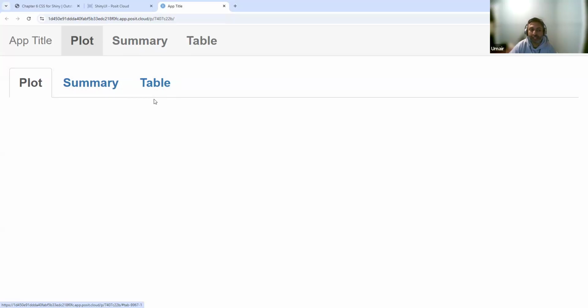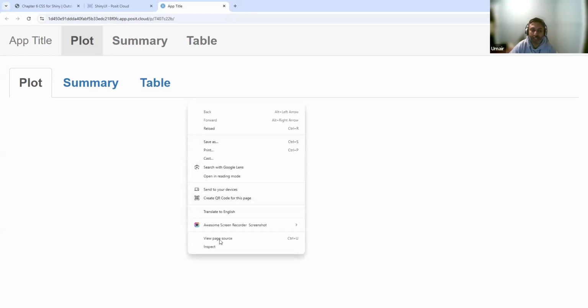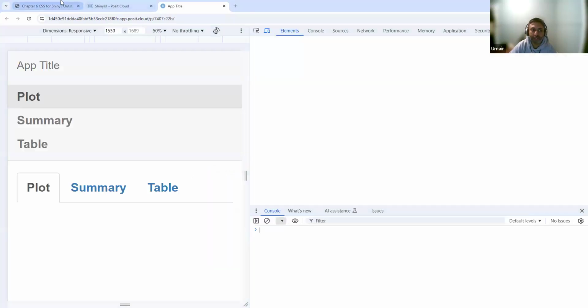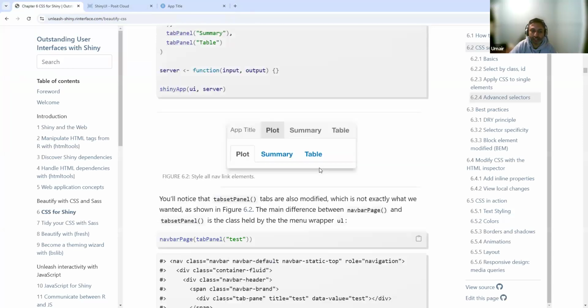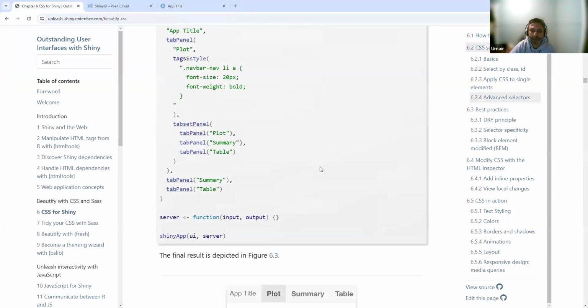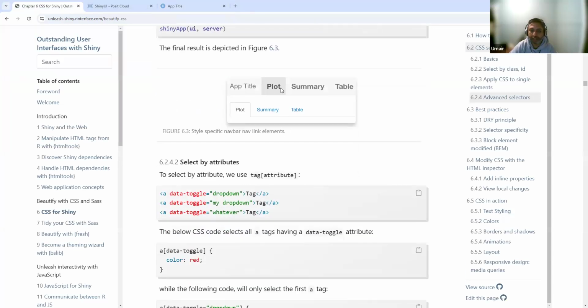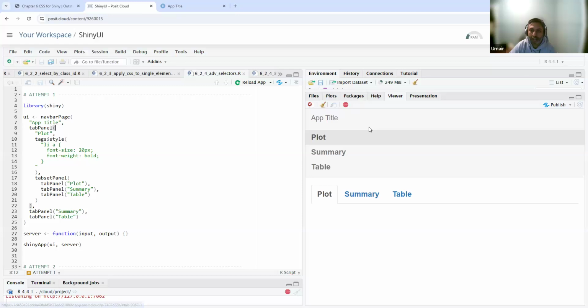But let's first see the HTML structure of this page to understand where we can make changes to the CSS so that we only have these three bold, but these three are not. So in essence, what we need is this thing. So these three are bold, but for these three tabs, we don't want them to be bold. All right, so